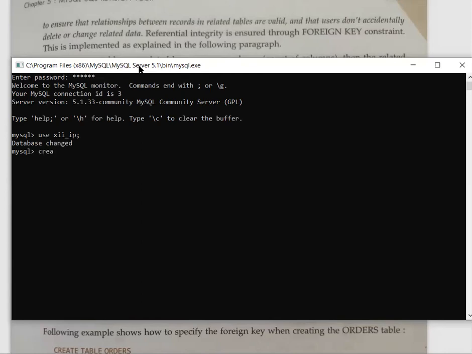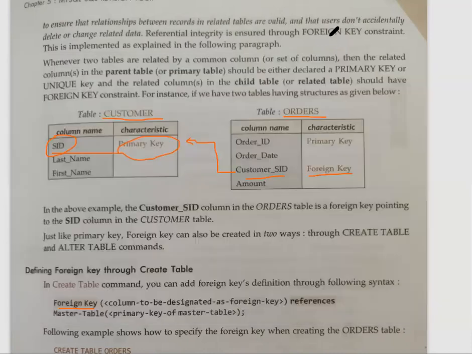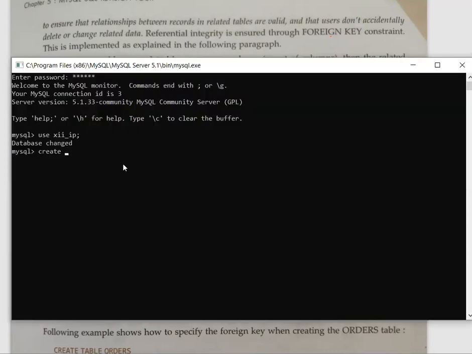The very first important thing is that it is compulsory that you make the customer table first. Only if this exists can you give its reference in the orders table. Therefore it is compulsory to make the primary table first. This is the first rule. So we are going to make the customer table first.